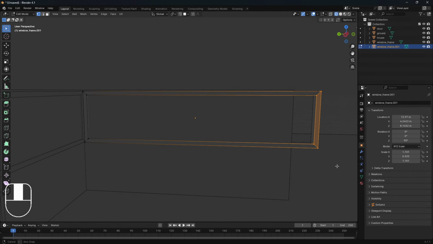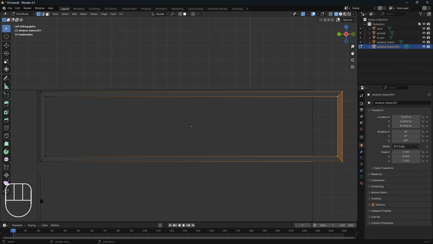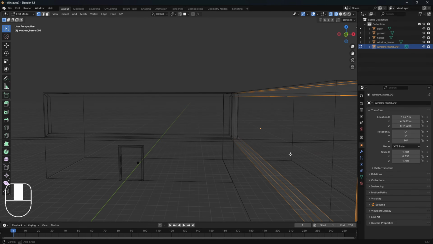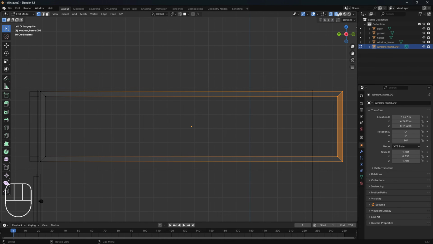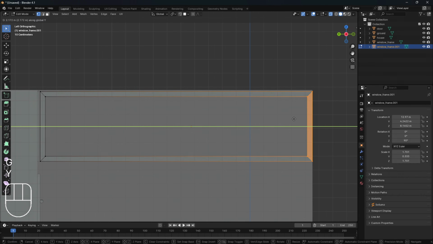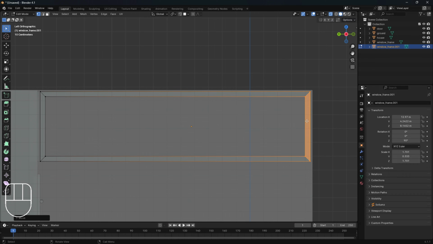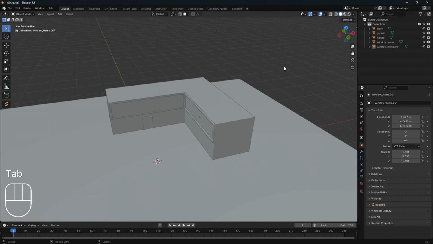Well, we learn something new every day. So if we do turn on x-ray mode, now you have everything selected front and back. Okay. So let's turn off wireframe so that we can see a little better. We're gonna move along the y-axis, so press G and then Y, and just bring it in to about right there, and then turn off x-ray, go back into object mode, and now you can see,